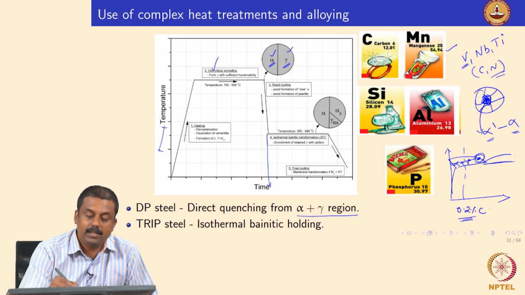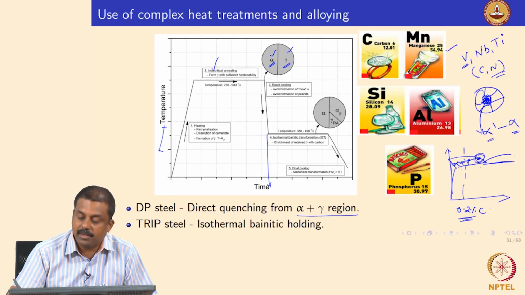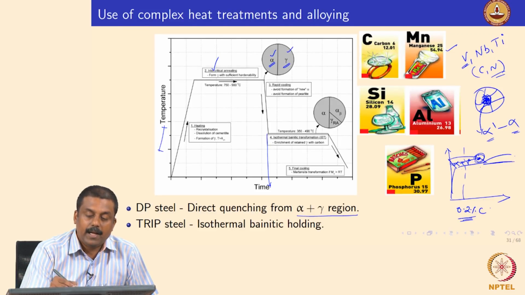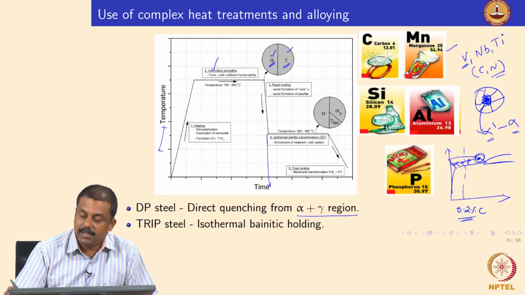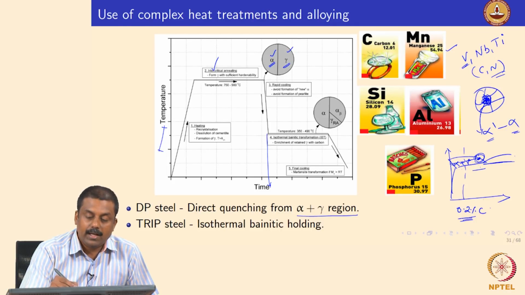So, the austenite that is formed during this intercritical holding, means holding in the two phase region, alpha plus gamma, and in this region again we do the enrichment of austenite in carbon as I already explained given by this phase diagram. Instead of cooling directly to room temperature as in dual phase steels, we will be holding at intermediate temperature ranges, typically between 350 to 500 degrees centigrade. And what do we do at this temperature?